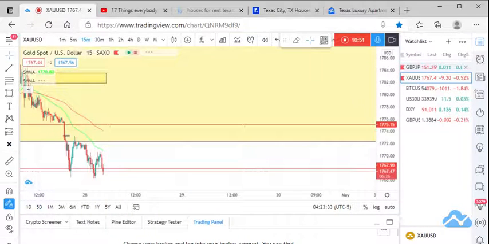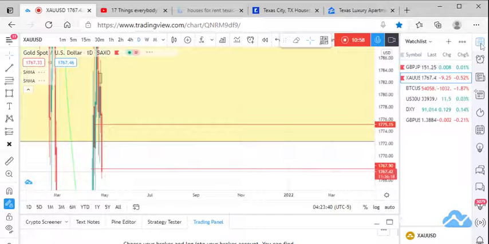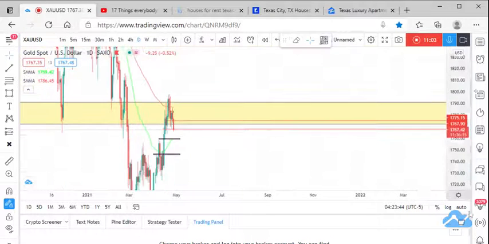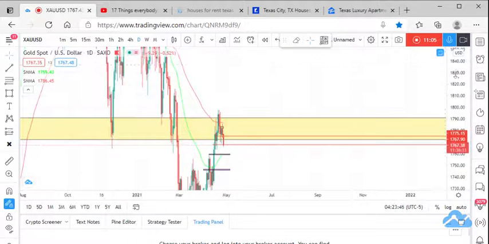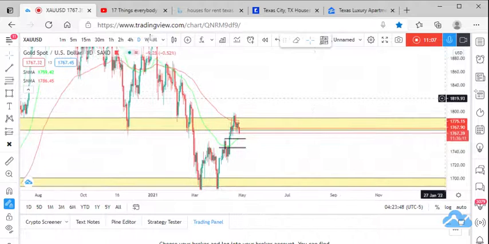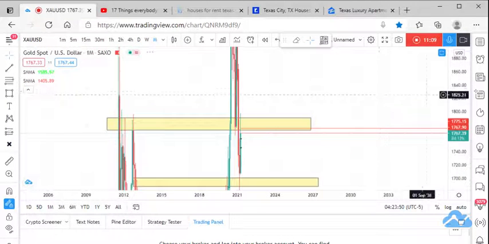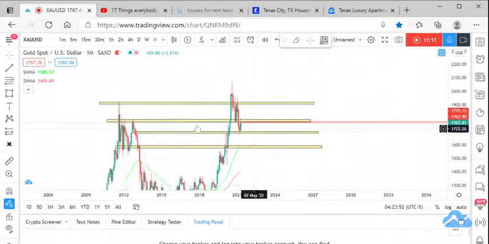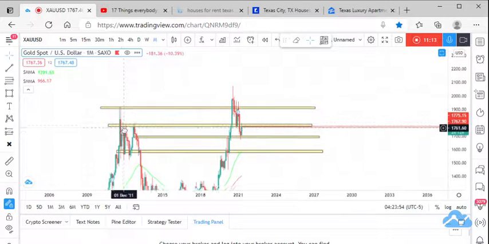So, gold moving. So basically, on gold on the daily, we could drop to the monthly. I think I spotted it on the monthly. Alright, so on the monthly, as you see this zone right here that I drew,